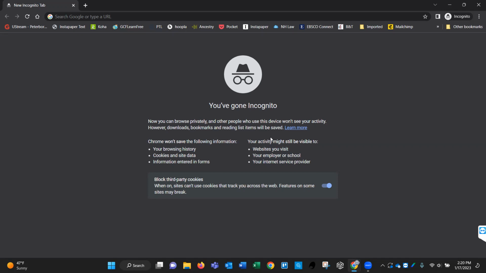So for example, if I go into an incognito window, sign into Facebook, and then I start searching for mattresses, well, even though I'm in an incognito window, because I logged into Facebook in that window, that means Facebook then has information on what I'm searching in that incognito window, if that makes sense. So basically you're set in this place with no tracking, but as soon as you start going anywhere online, then the tracking will start.